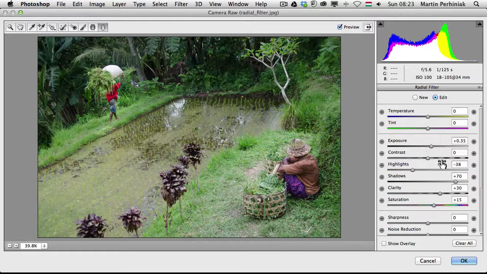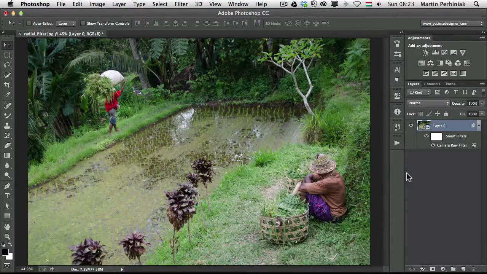But once it's selected, we can maybe reduce the exposure on him. Let's see before and after. I think that looks quite good. Maybe a little bit more on the shadows. I think that looks good. So let's see before and after. And if we click on OK, all these changes will be saved as a non-destructive Camera Raw smart filter,